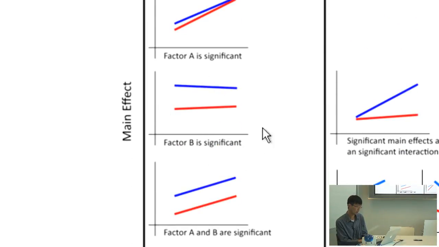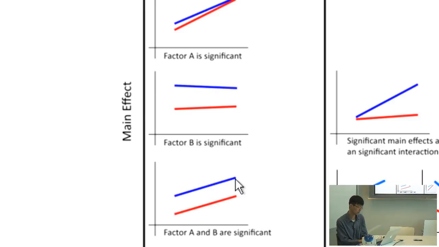The second graph here is showing that the vector B, which is the type of interface, is not having significant difference, but the gender is. So in this case, the blue line and the red line are quite separate, so you will see a significant p-value. But if you compare the left side and the right side, it's pretty much the same, so it's highly likely you might not see a p-value that's lower than 0.05. And again, independent of being male or female, the effect of the interface is pretty much the same, so there's